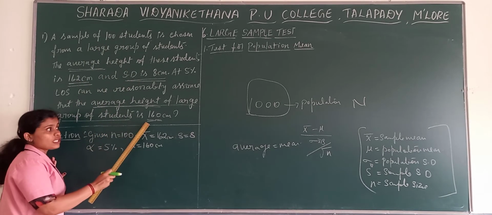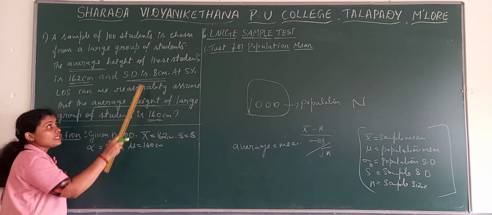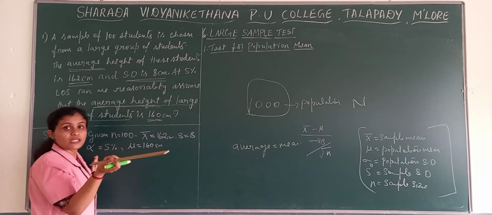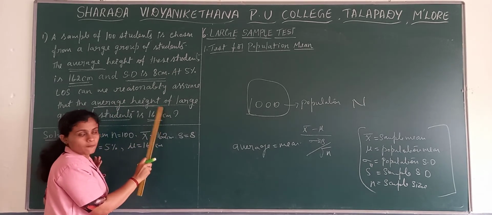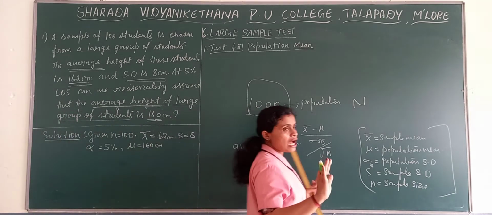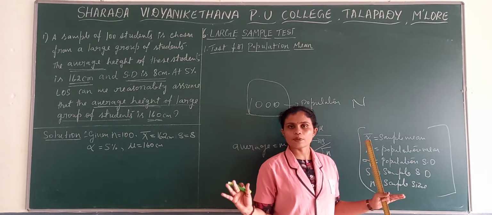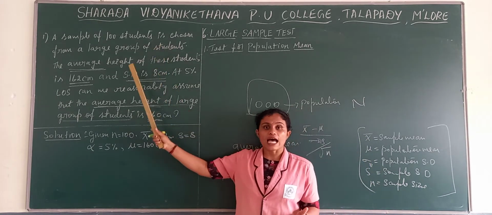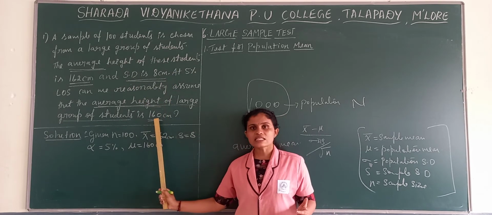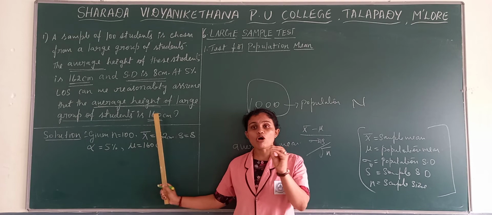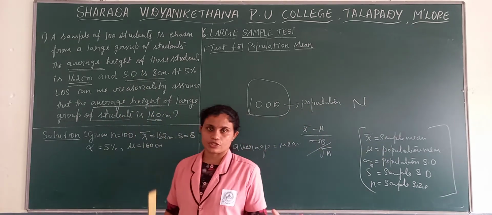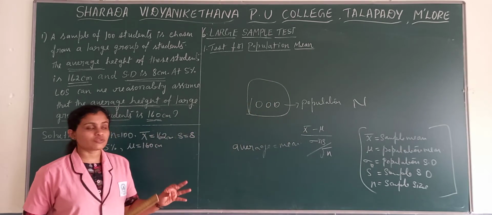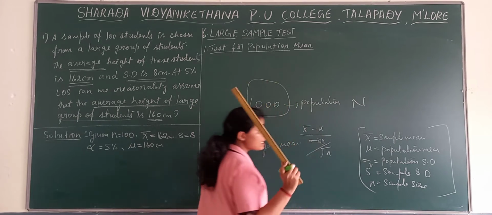This is the population mean. If, for example, they did not give the population standard deviation, it would be here. So understand it's a large group of students, for example, the students in Mangalore. From that we select 100, and this is that 100 and their mean and their standard deviation. At last they have given the mean of the whole population, the 1000. So this population number will not be given. We are conducting the survey based only on this sample size.